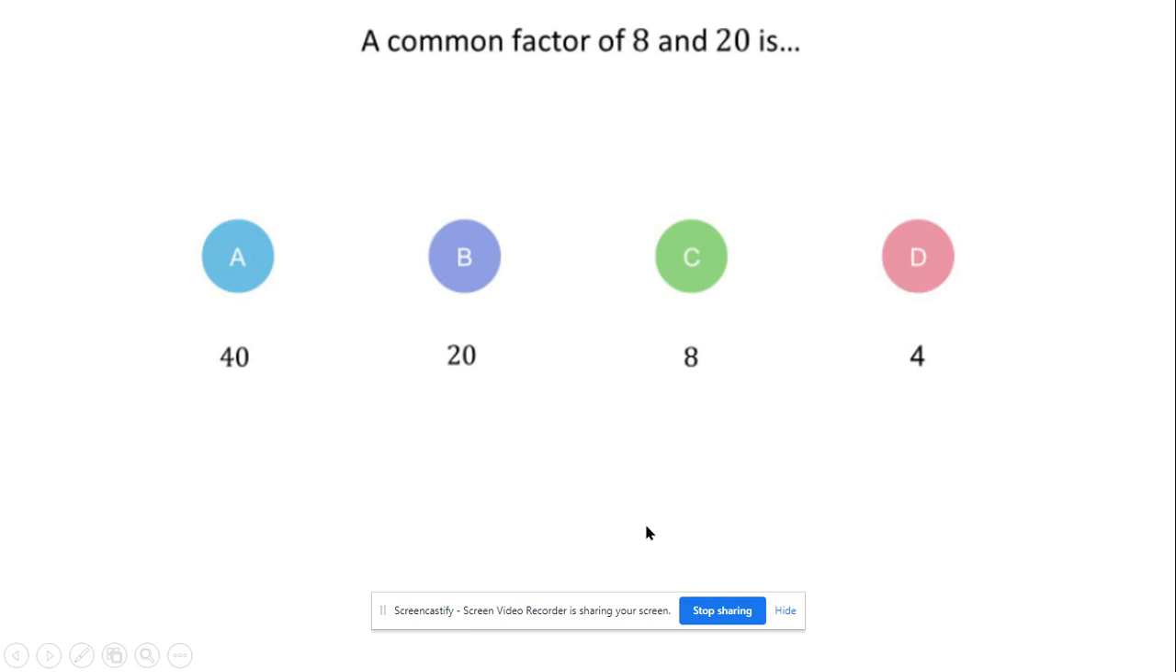Okay, so I'd like you to just answer this question and see what you think. Okay, so if you have told me that the answer is A, then what you have found is the lowest